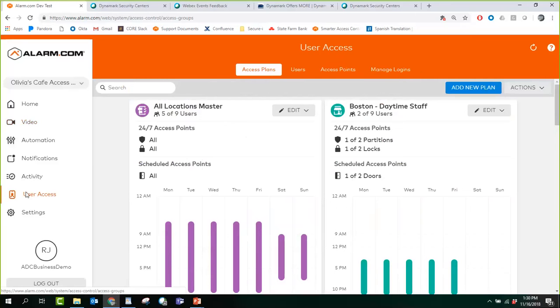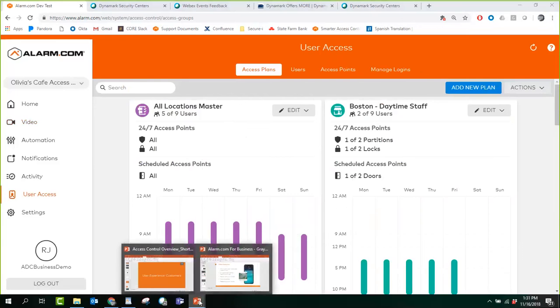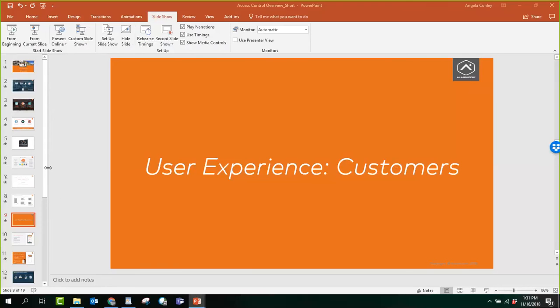One thing I haven't gone over is the installation side for access control, and that would be more, of course, for the dealers. So for the installation,